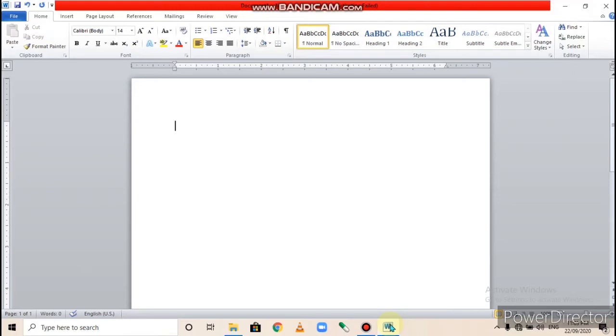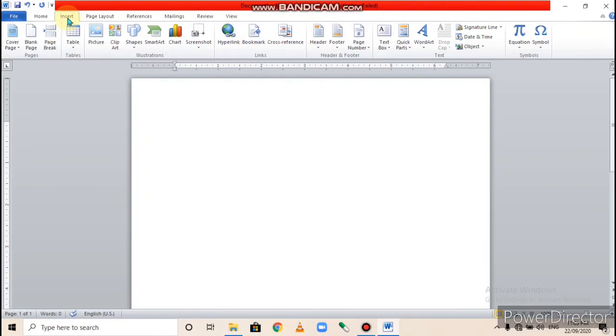Now page number 71, inserting symbols. Word also allows you to insert some special symbols in a document that are not present on the keyboard. MS Word provides an option to insert a symbol which is not present on the keyboard. Examples of such symbols include the euro sign, greater than and smaller than signs, smileys also. How do we insert a symbol? First of all, place the cursor where we want to insert a symbol. After that, click on the insert tab, then click on the symbol drop down list under the symbols group and choose the desired symbol.